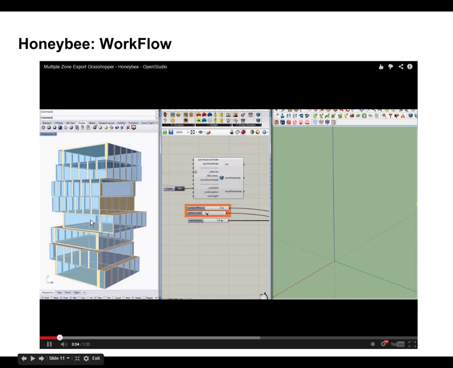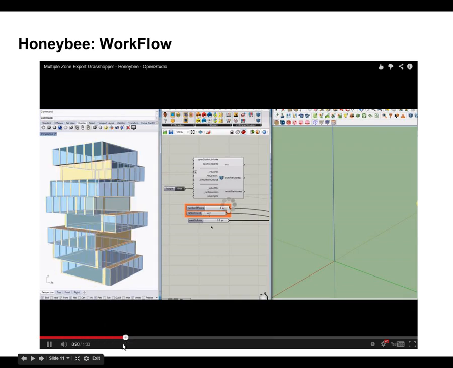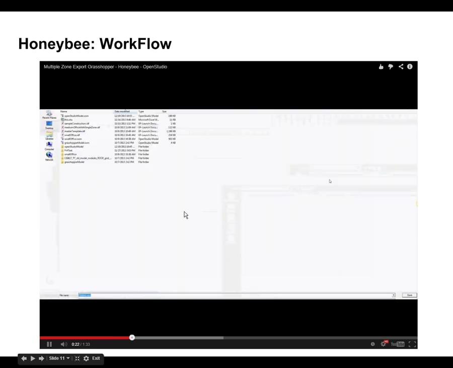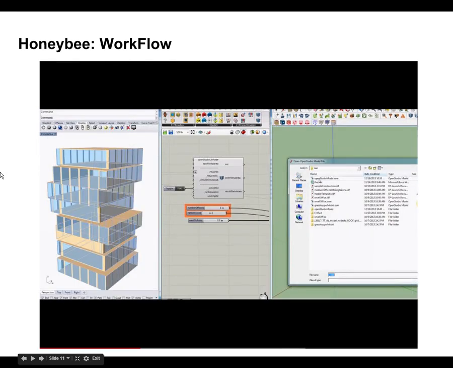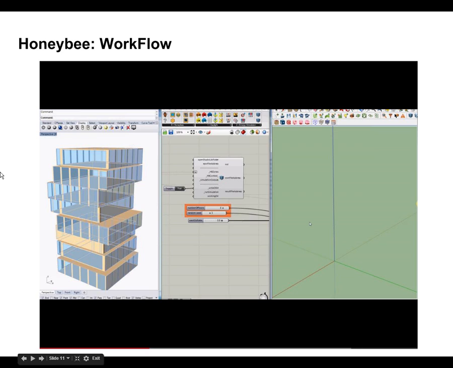And this is a preview of how it will work with OpenStudio. It's the same thing, right? You have the geometry here. You will have a component, and this component will generate the OSM file. In this example, I just opened it in SketchUp, but